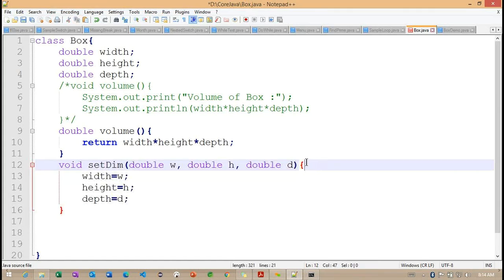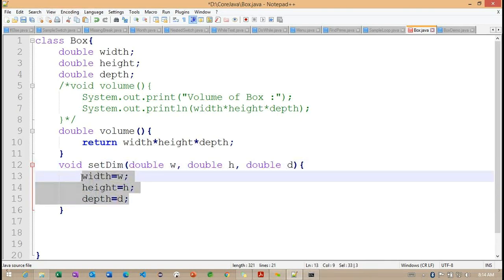Because you can observe we open one brace here and close one brace here. So we have a limited scope for these variables, and whatever value we get from the method, we reinitialize into the instance variables here.